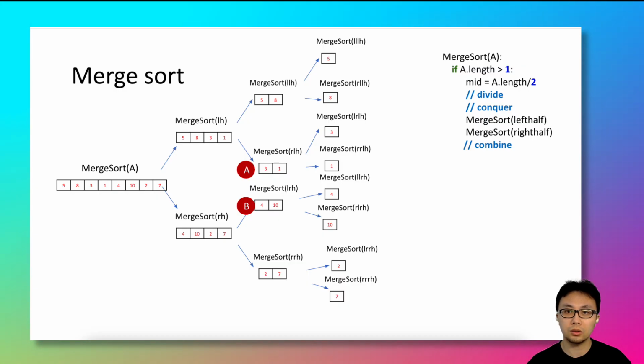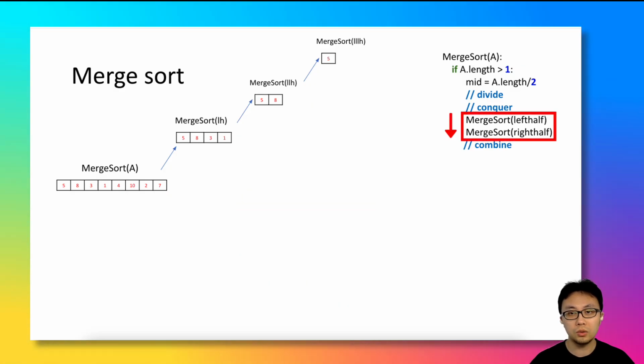The answer is that A gets executed ahead of B, because code always gets executed from top to the bottom, from left to the right. So the recursive call on left half will keep triggering other recursive calls on their left halves until the subarray size becomes 1, because they get executed sooner than any other recursive calls on any right half based on their order. In short, you will keep dividing, but your focus is always on the left half until you have a